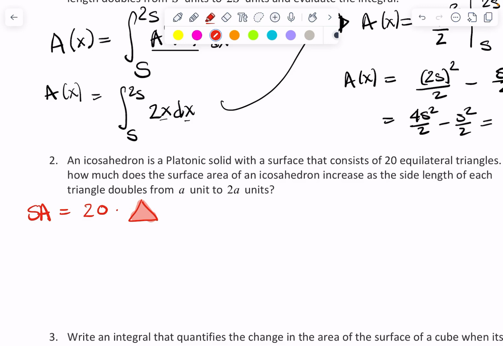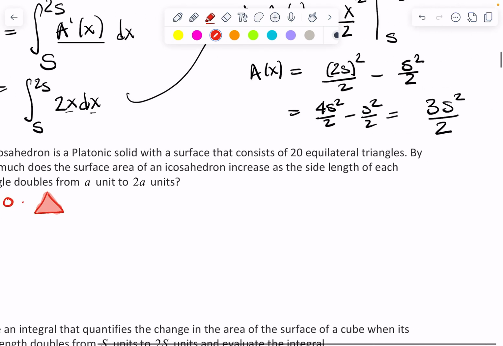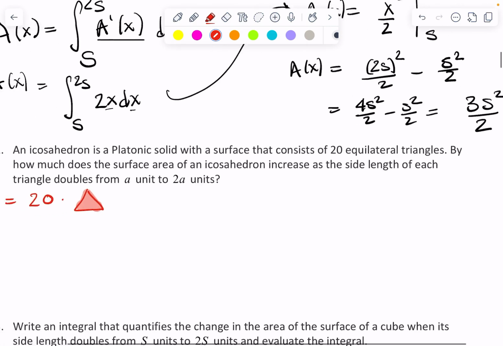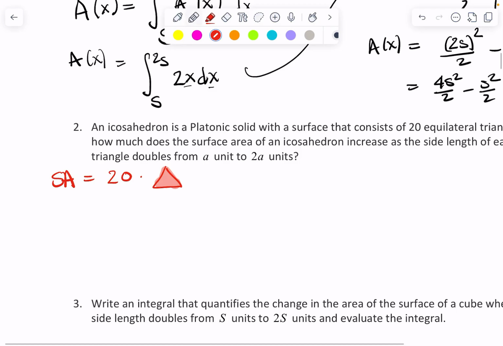Okay, and I'll make this a little red dot. So I can do whatever I want to do, and then when I'm done, just multiply everything by 20. Or I could leave the 20 in there. So now let's talk about the area of these triangles. What do these triangles look like? The base of my triangle is going to be A, and since they're isosceles,